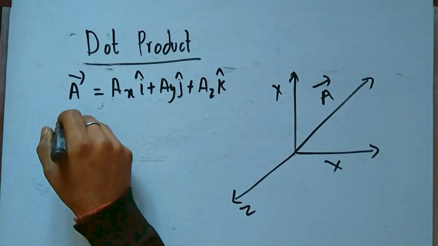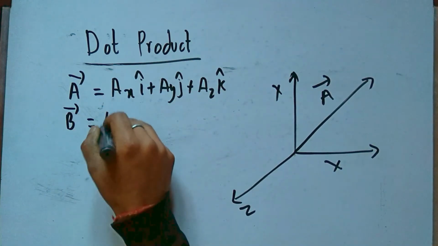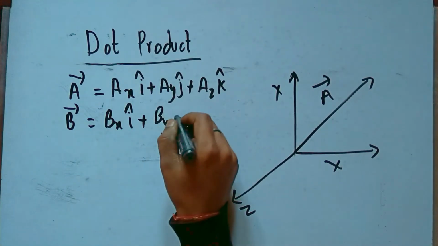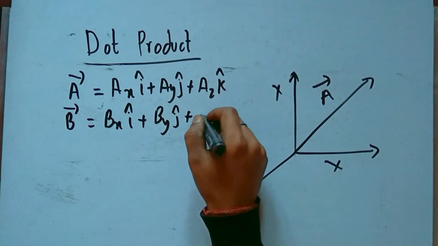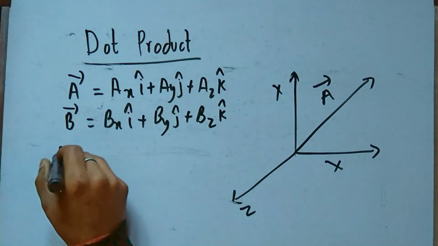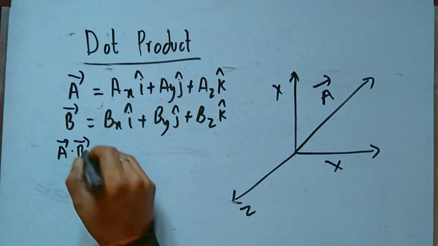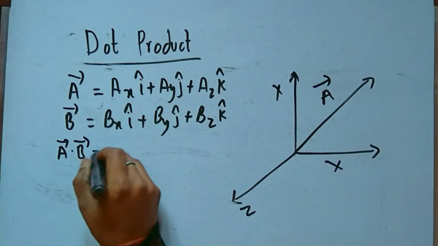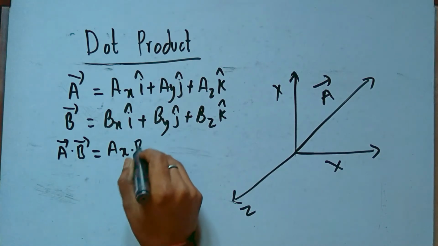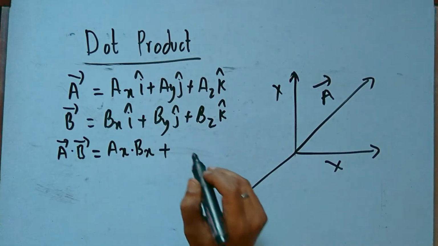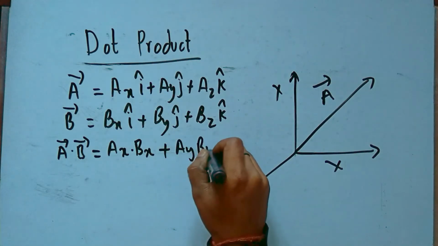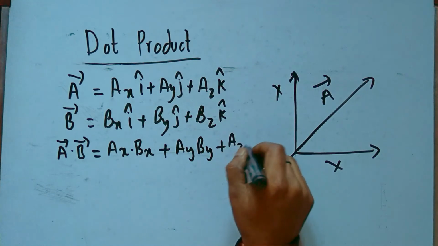Now let's take another vector, vector B, which can be represented as Bx i cap plus By j cap plus Bz k cap. If we find dot product of these two vectors, it will be equal to Ax into Bx plus Ay into By plus Az into Bz,